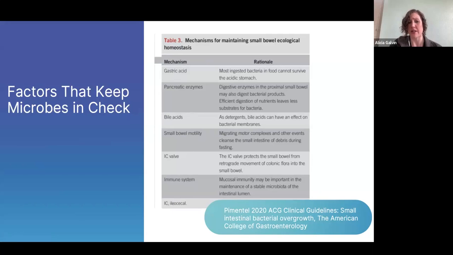Maybe they have something affecting their small bowel motility. Maybe there's something going on with the immune system. So maybe they have a lot of intestinal inflammation, so their immune system, like we've talked about the whole first part of this presentation, can't manage those microbes. So this essentially can help you to say, where do I want to focus my attention and where do I maybe need to investigate a little bit more to figure out the reason for why they have those